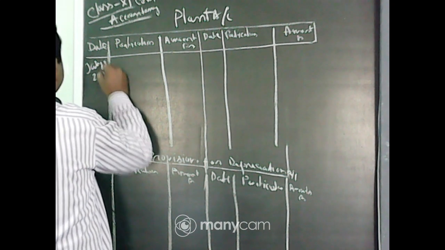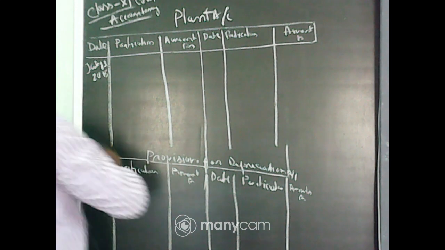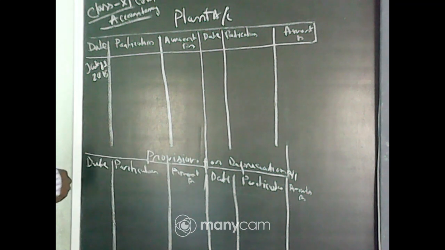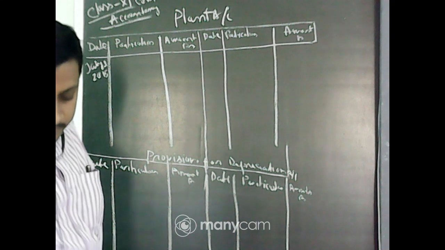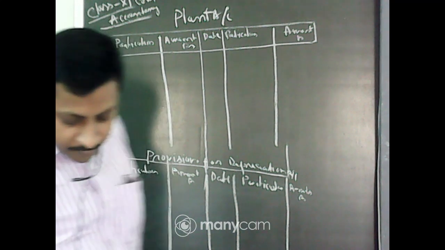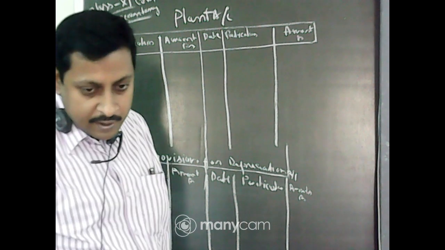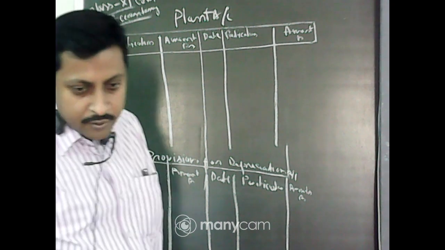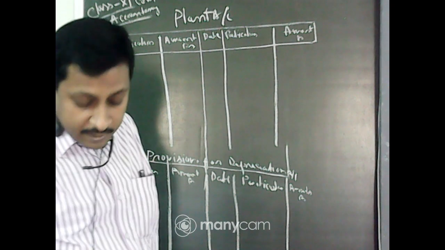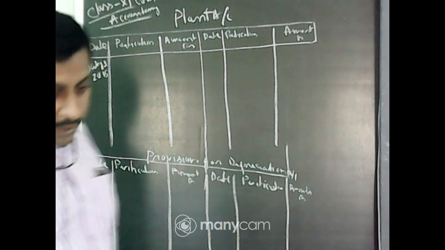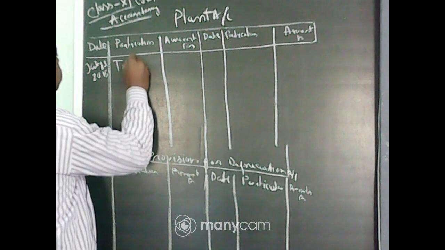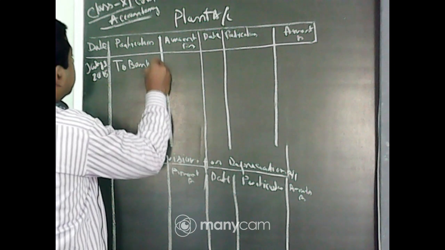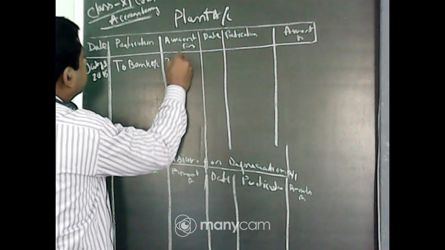On July 1, 2015, we purchase a machine. Whenever we purchase a plant or machine, what entry do we have to pass? Plant account debit to bank. Here the total is 3,50,000, that is 3 lakh is the cost and 50,000 was spent on installation. I have already told you that except GST, all the costs when purchasing will be included in the purchase value. So you can directly post plant account debit to bank, 3,50,000.